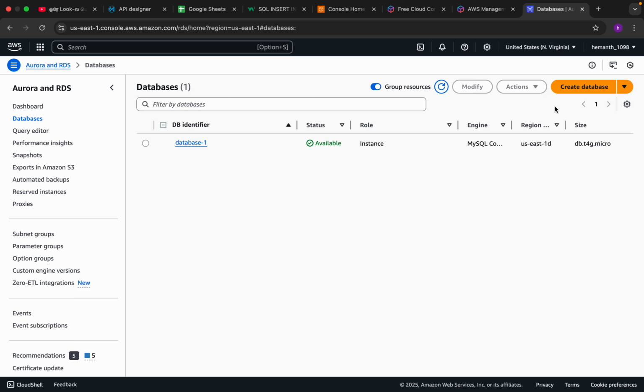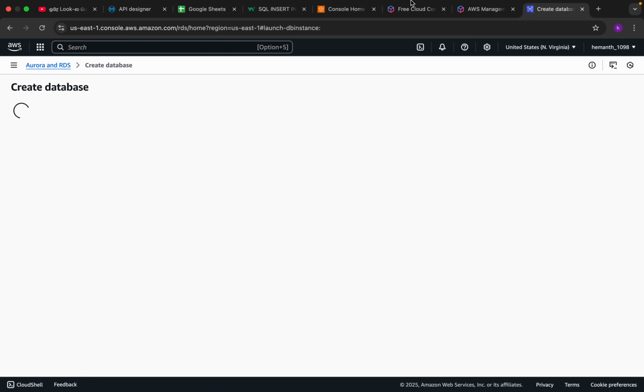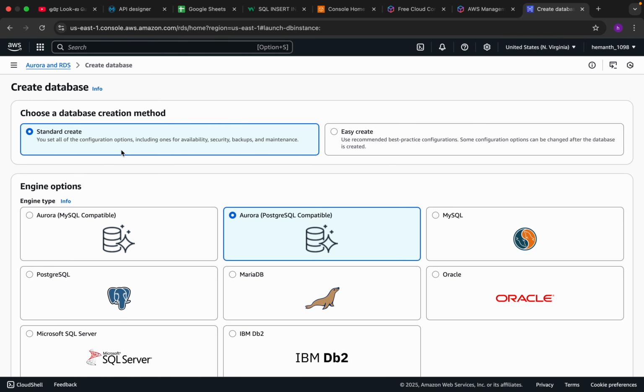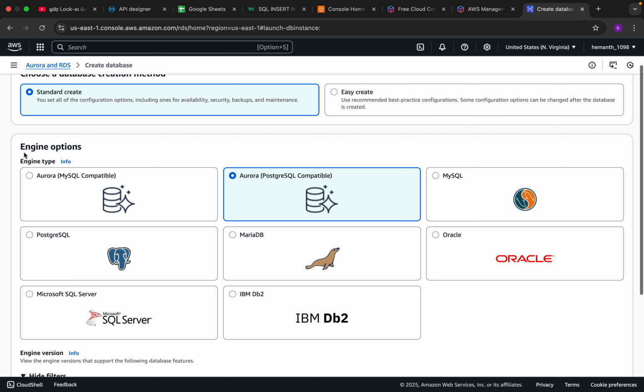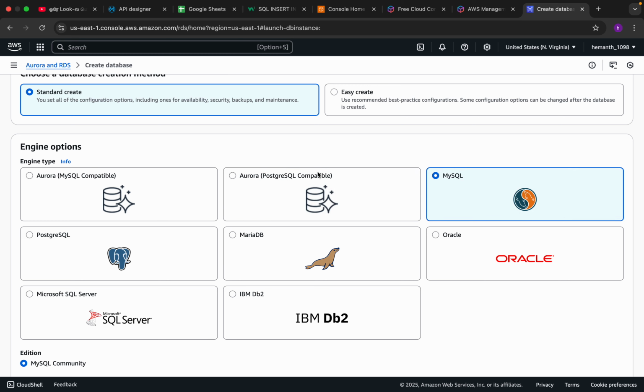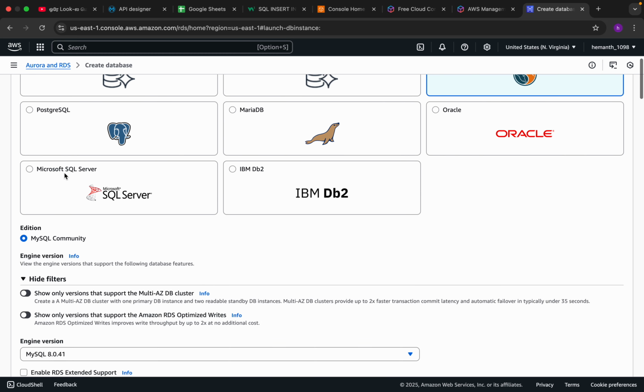I have missed a video for creating the database, so that's why I'm creating one more database, so that it will be there for your reference. Once you land on this page, you can click on Create database. Here, let it be Standard create. Here we need to select MySQL, and if you go down,